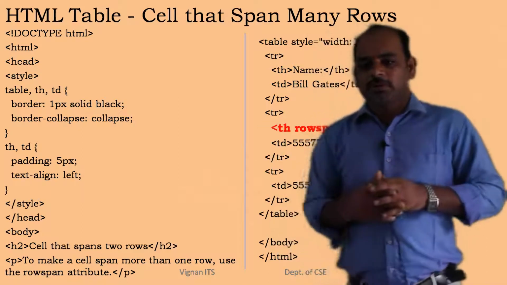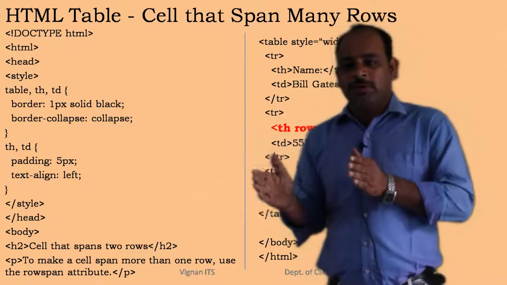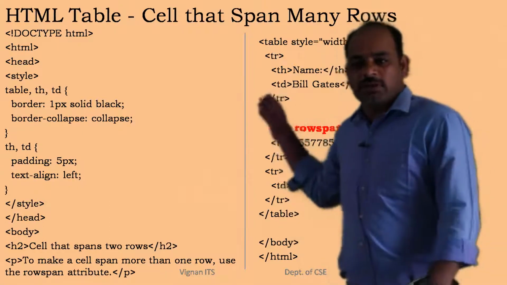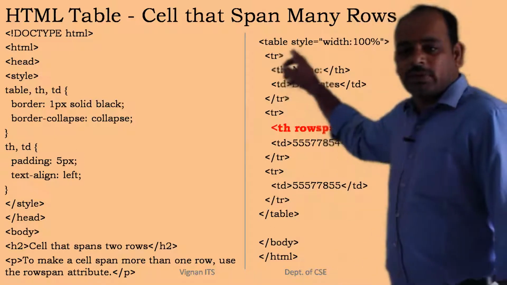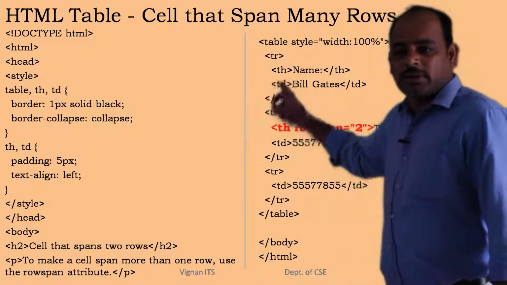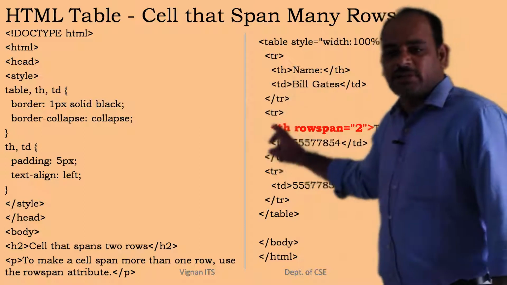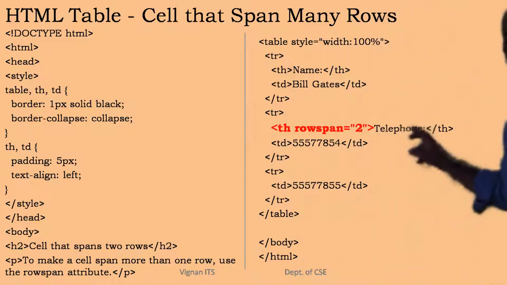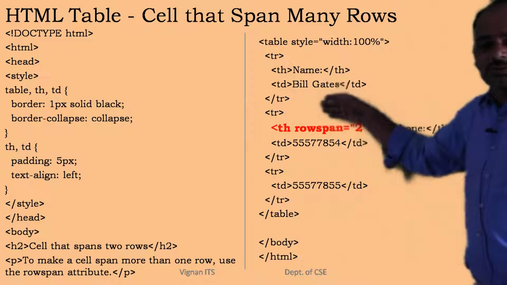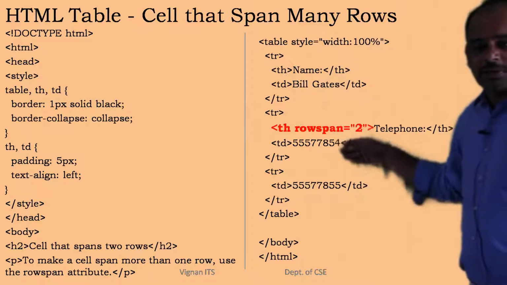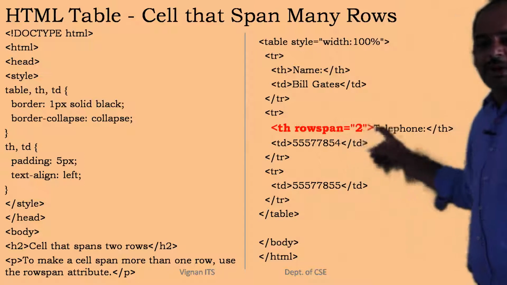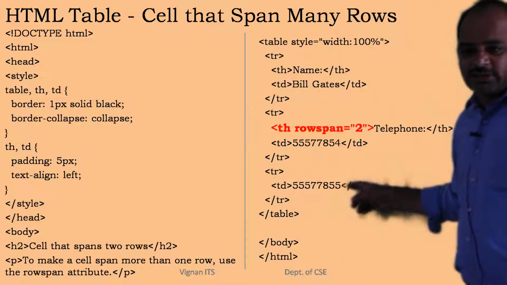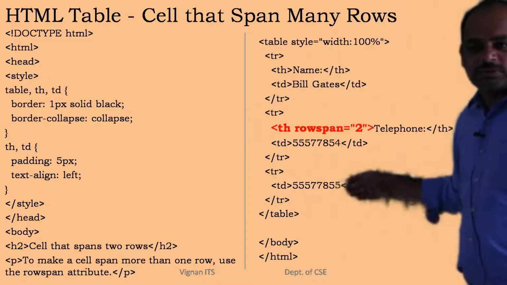Next, row span. Similar to the column span, we have the row span here. One row can be spread across multiple rows, right? For that, again, the same we can use here. We have the style tag with TR and TH, TD, Bill Gates here. Here we are using TH, that is a table heading, spanned to the telephone, right? This is in the first row, this is in the second row. In the second row, the TH table header is spanned across multiple rows. Telephone here, again TD, and this is another TD here. So see, this is one row, and this is another row, right?